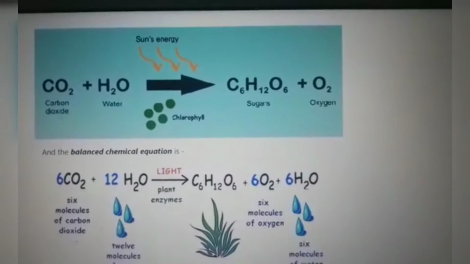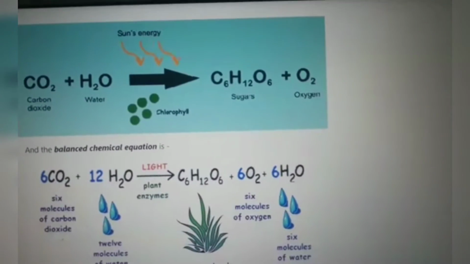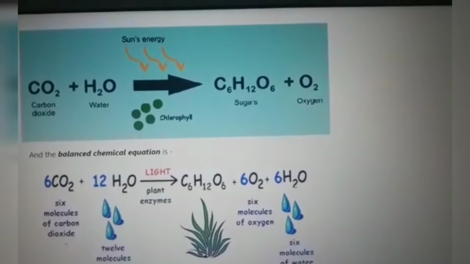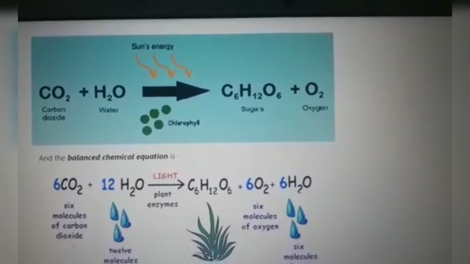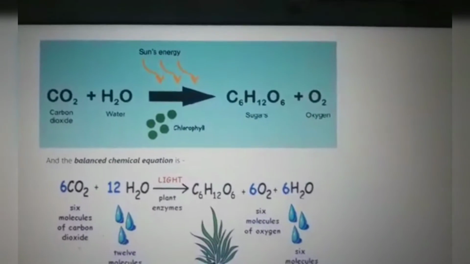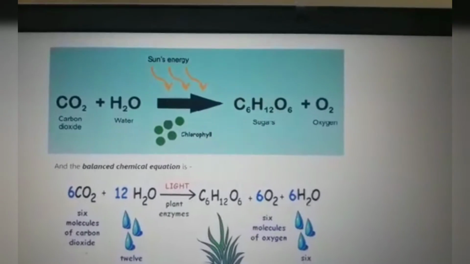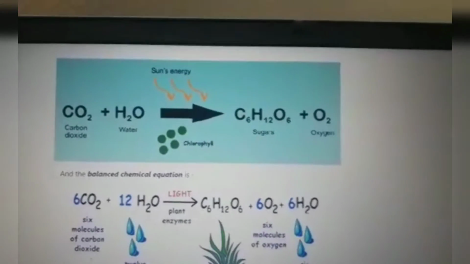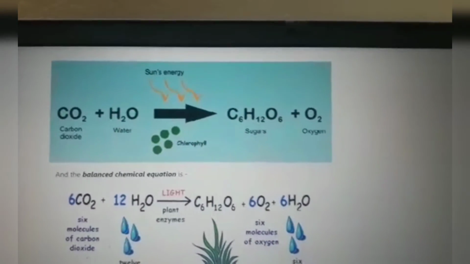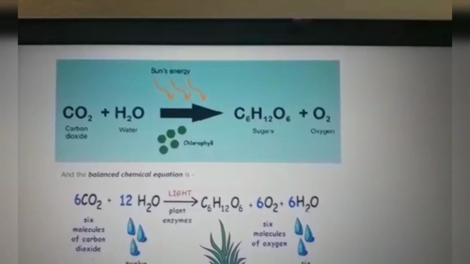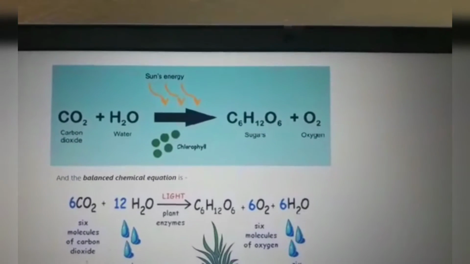On the slide, you can see CO2 plus H2O in the presence of sunlight and chlorophyll. The products are these two, the byproducts C6H12O6 plus oxygen plus water. But here they are not balanced. Balancing the equation means, as you already learned in the chemistry chapter in previous classes, both the left side and right side are equally balanced. Just look here at carbon. On the left side one molecule, but on the right side the carbon is 6.